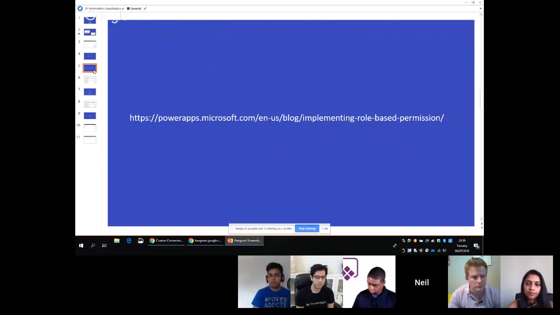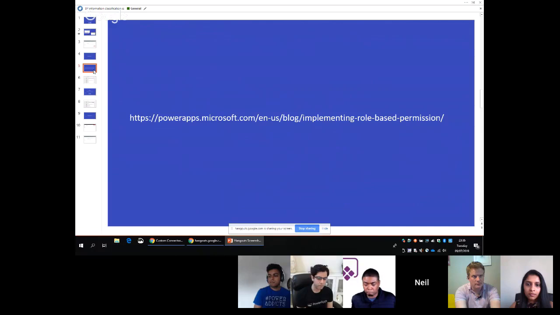At a high level, it was explaining you need to register an app in the Azure Active Directory, and you need to grant permission, which the Azure Active Directory admin needs to do. You need to add the app as a custom connector in the Power Apps environment, and then you need to use the custom connector in your Power App. I read this and I thought, you had me at step one. I was completely bamboozled by this. But for me, this is what makes our journey fun, learning new things, like Keith when he's speaking on Twitter about model-driven Power Apps. It's all this kind of stuff that makes this journey so fantastic.